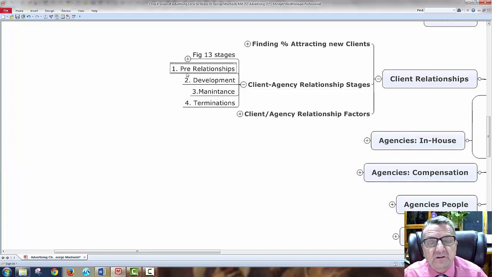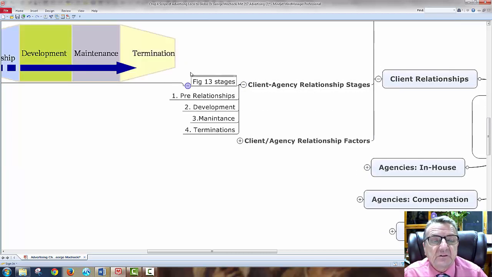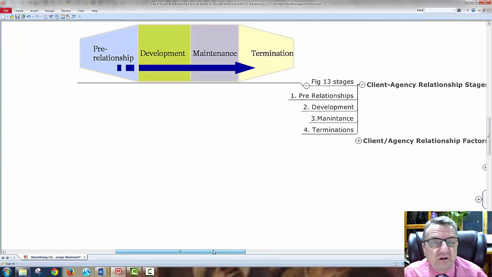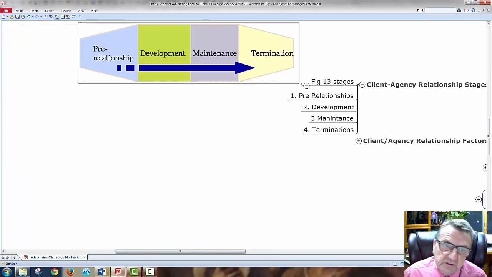Okay, client relationship. Now, if I look at all this, you've got pre-relationship development. Let's just look at the picture. How does it start? Pre-relationship, we get to know each other. We start building a relationship, developing. When I first come out, I have a general idea. I don't know how risque I should do, how creative you want. You may be a very conservative type of organization. I have to find that out after dealing with the account manager we talked about earlier, and other people coming in there, and we talk to individuals, we look at the shop, we get a good flavor.